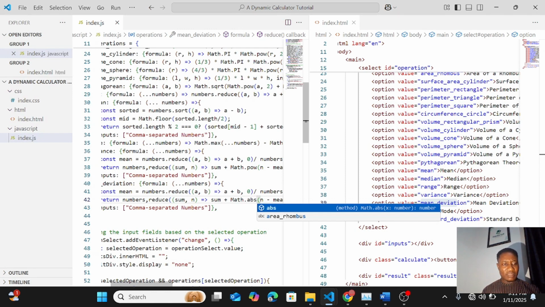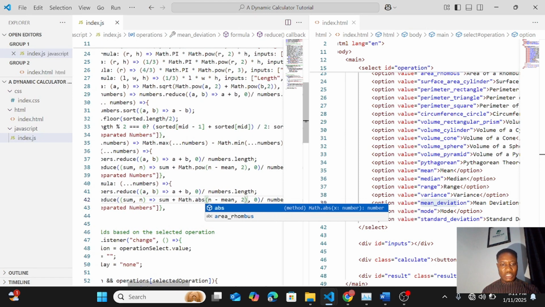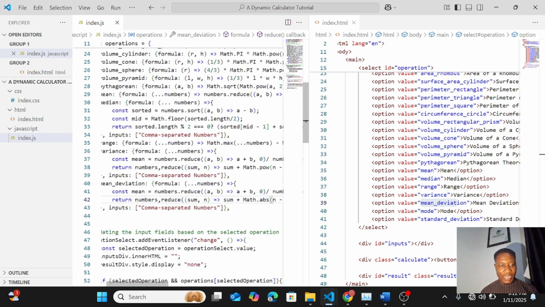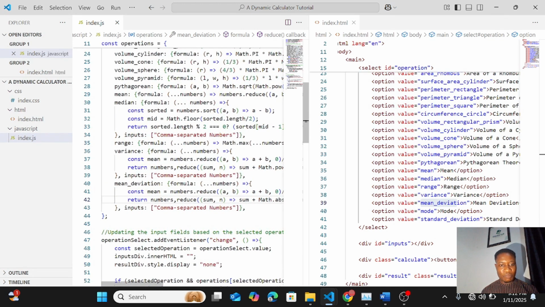Number minus mean. There is no raised to power. Setting the initial number to be at 0. Dot numbers dot length. All right. That is for. And we also make sure that it is returning with this input, comma separated numbers. Okay. So let me